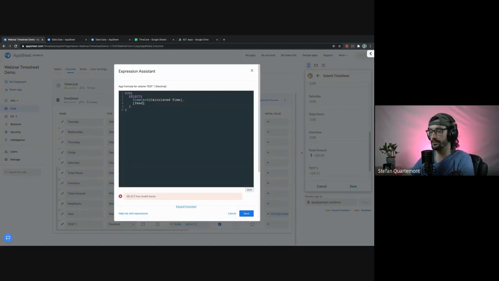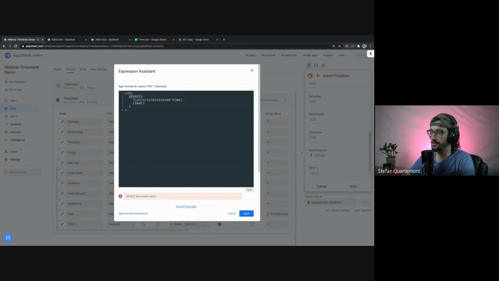Okay, so a note about expressions, and this can trip people up sometimes, is something called context. So I'm building this expression. This is in a virtual column for the timesheet table. Okay, but I am writing this filter to filter data in the time card table. So when I make a column reference, is it relating to a column in the timesheet table or the time card table? Well, it's not apparent right off the bat or super intuitive what the answer is, but inside of the select expression,